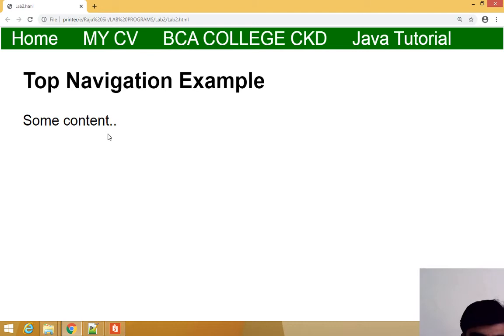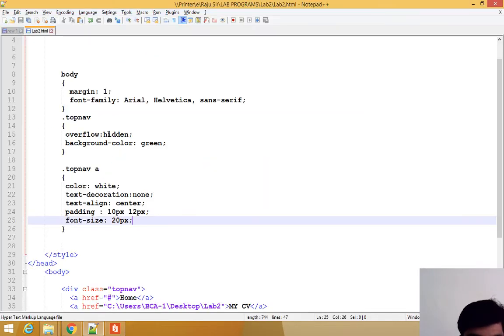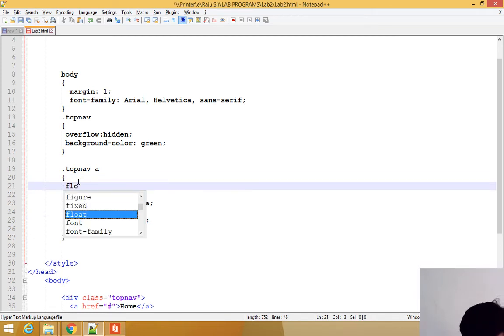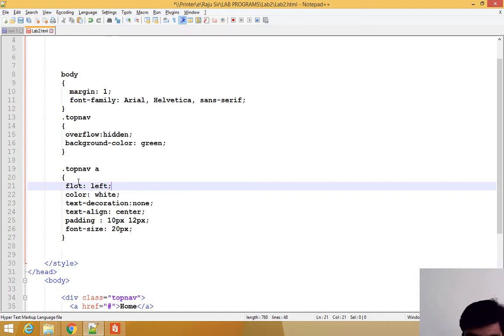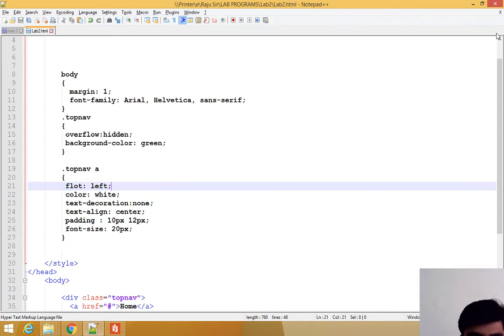Now after this, there is another important thing: float left. What does float left mean? If you want your menu links to start from the left side, or from the right side, that is called float right or left. See here, the default is left. Suppose you are using right, like this.